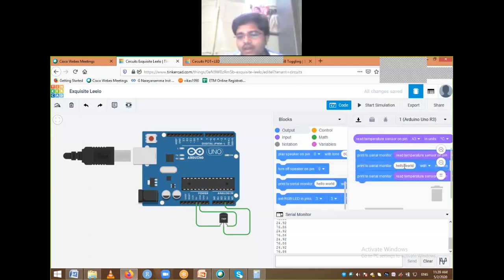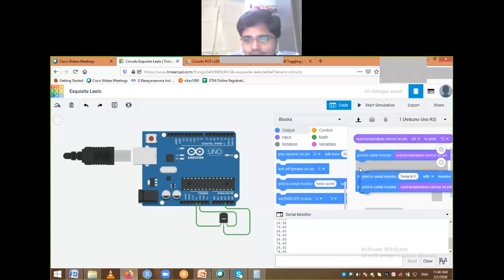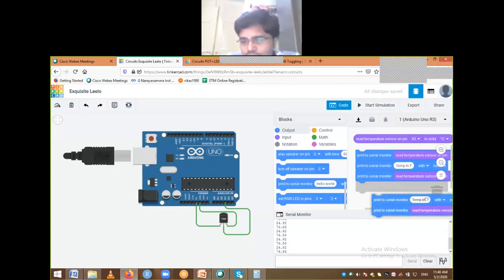Here, instead of hello world, I can write temperature in Fahrenheit. Similarly, I can also duplicate and drag another one.